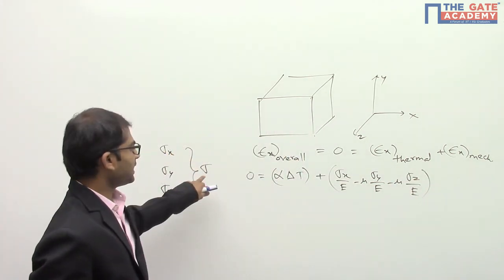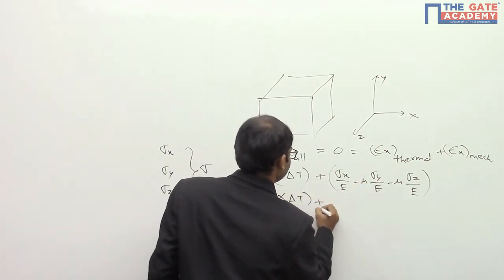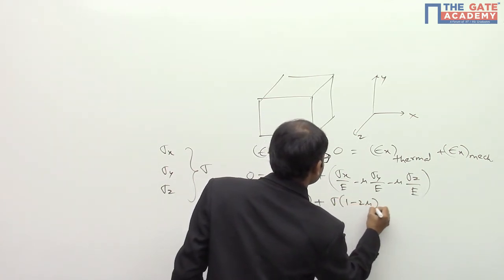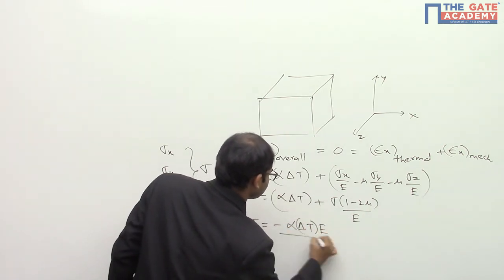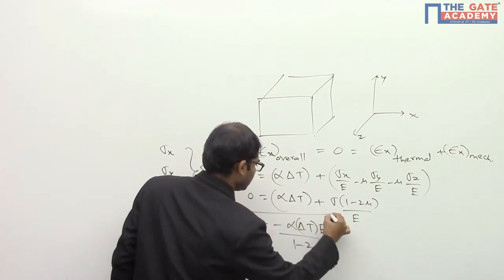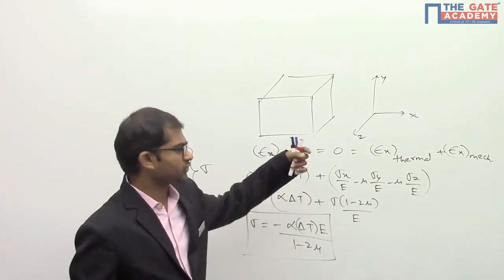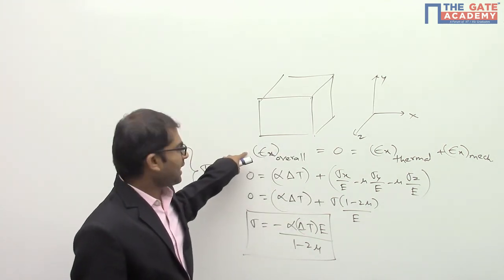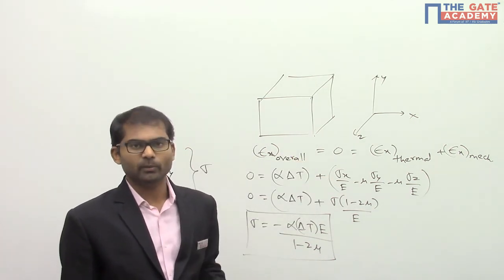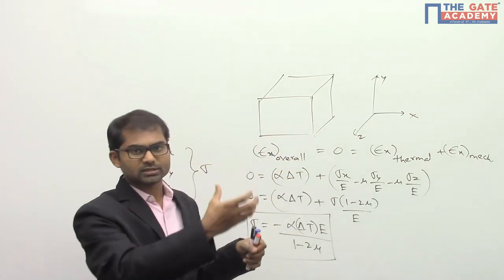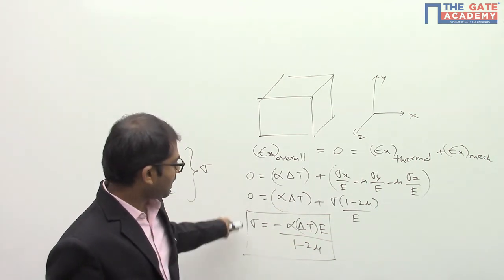In this equation, let's put the condition that all stresses equal sigma. You will get 0 equal to alpha delta T plus sigma times (1 minus 2 mu) by Young's modulus. Sigma will become minus alpha delta T times Young's modulus by (1 minus 2 mu). So this is the answer to this question. Whatever thermal stress question comes, simply take it this way. Use this equation; in fact, it is the compatibility equation. Overall strain is 0, so thermal strain plus mechanical strain should add up to 0. If any elongation is allowed, then the summation of thermal and mechanical should equal that value of strain. By applying this, you'll get the answer.